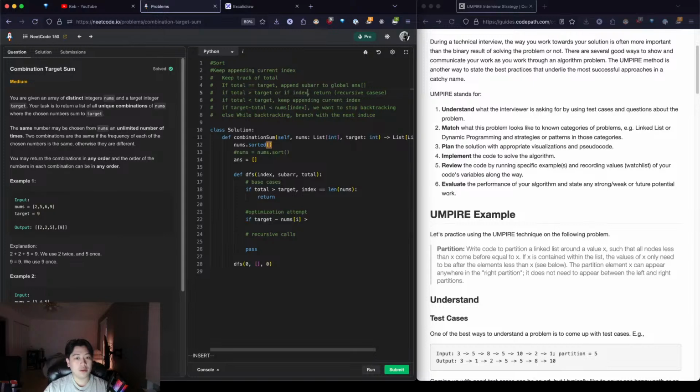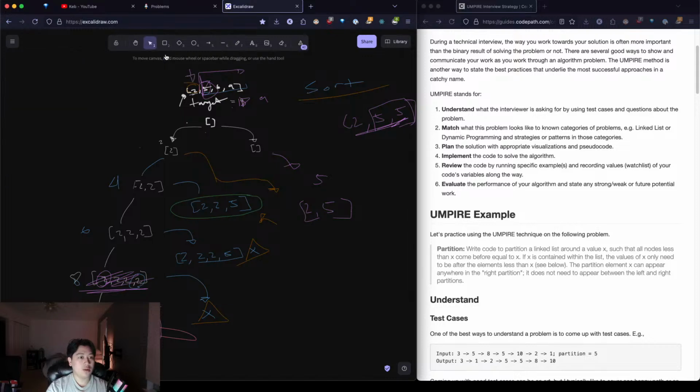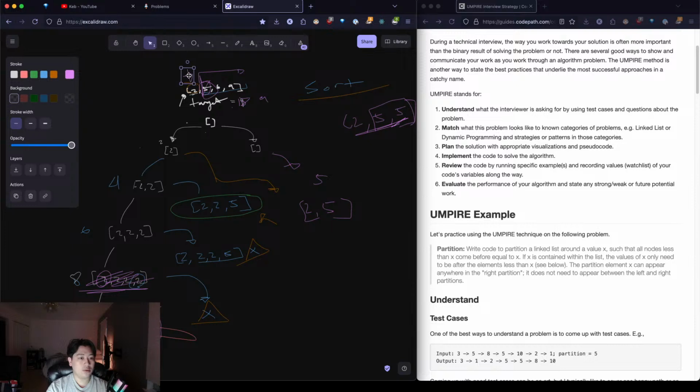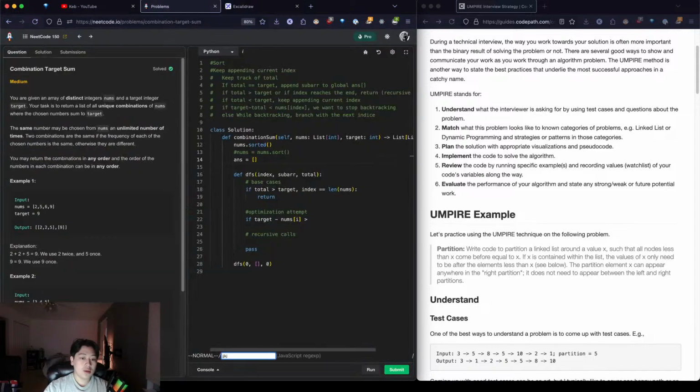Or if index reaches the end. That pretty much just means we are visiting every node in our array, and if it reaches down here, that means we are done. And then optimization: if the difference is greater than our current one, so nums of i, if it's less than, actually,